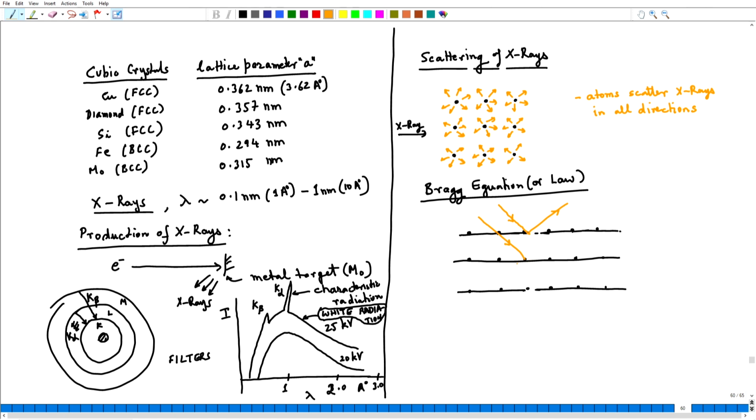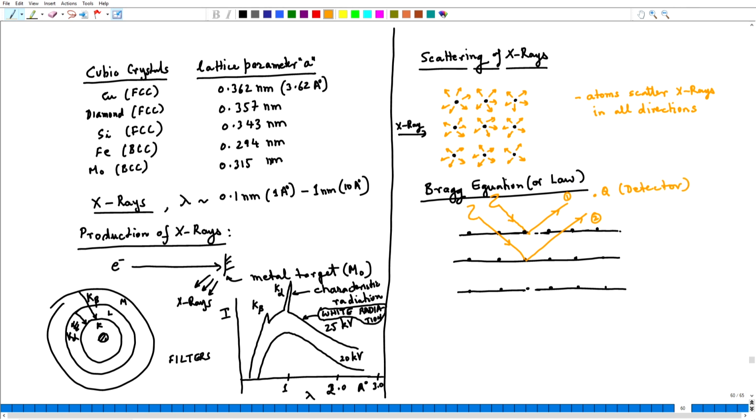The beam hits this and it gets scattered in this manner. So, I have essentially these X-rays. Let me call this ray 1, this is ray 2, and I have a point Q where I have the detector